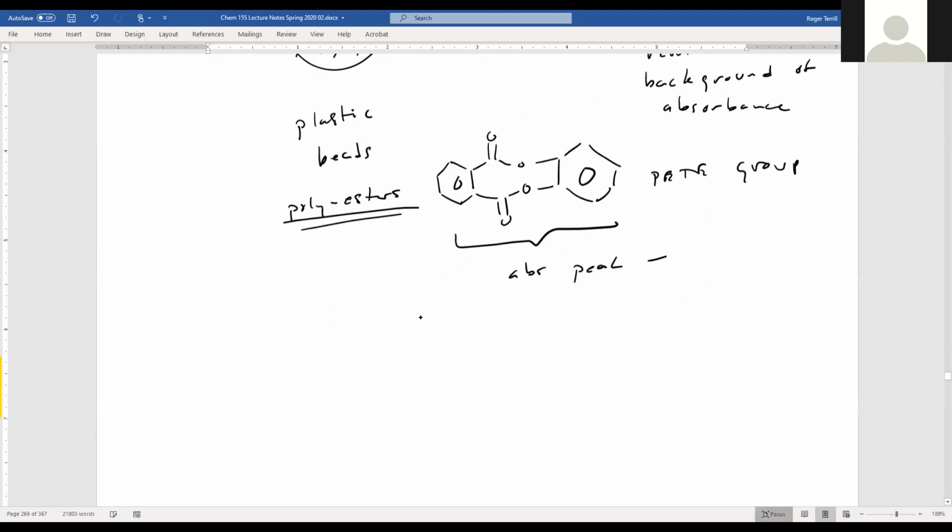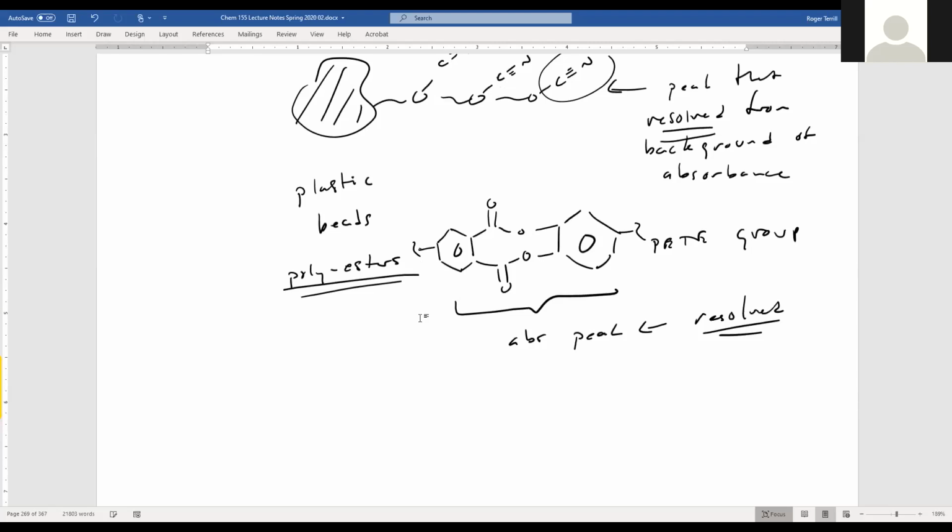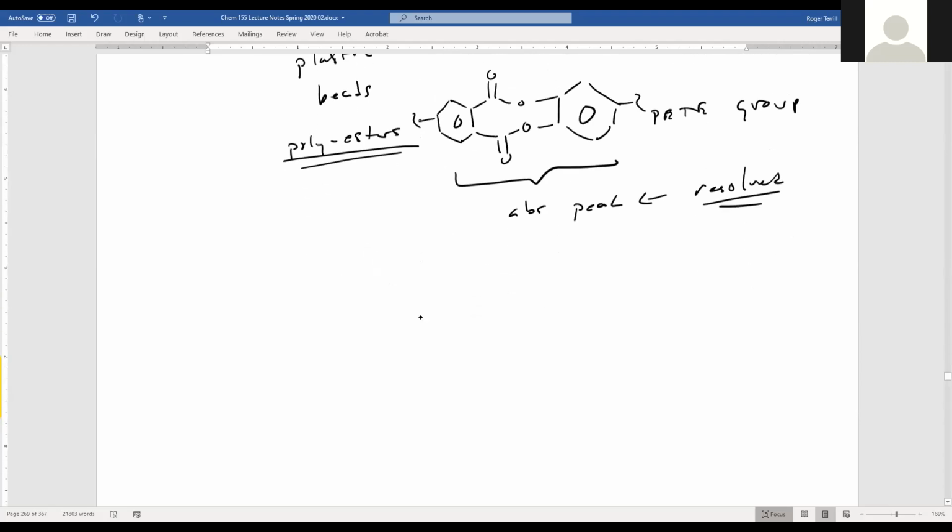And then this was also resolved. There was a peak from the PETE group in the plastic, right? That was resolved, right? And so what he could do was he could take stage 1,